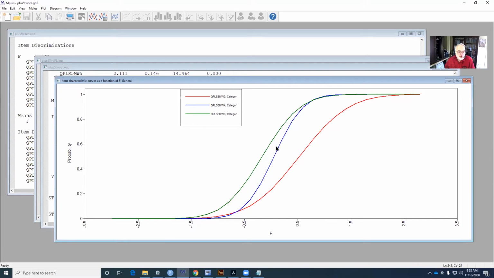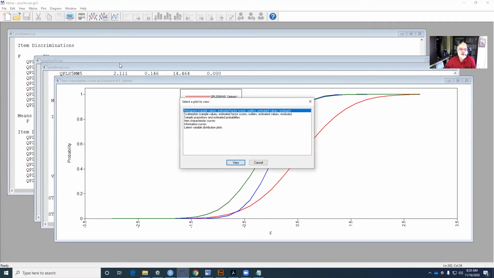So if you're looking at a normal distribution, this kind of a curve in a probit link function would be a cumulative distribution function. And the probability density function is just the shape of the distribution that would happen. And that's called an information curve in item response theory. So if we were to come back and take a look at those,